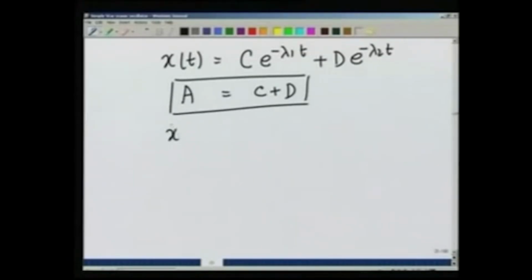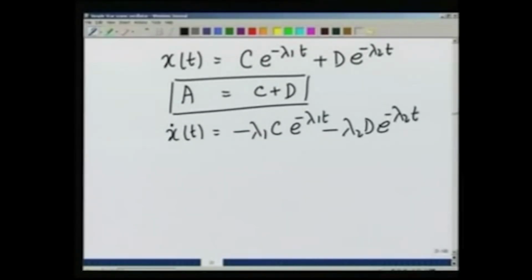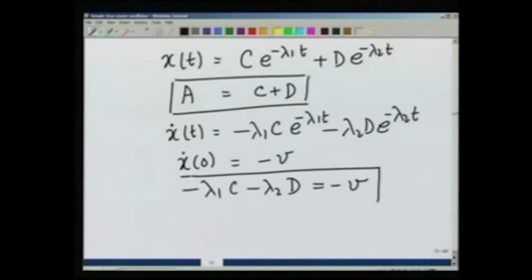Similarly, x dot t is equal to minus lambda 1 c e raised to minus lambda 1 t minus lambda 2 d e raised to minus lambda 2 t, and when I take x dot 0 to be minus v, I get minus lambda 1 c minus lambda 2 d is equal to minus v. I have two equations and two unknowns. I can solve them. I leave it for you to work out, and you will see that the general solution